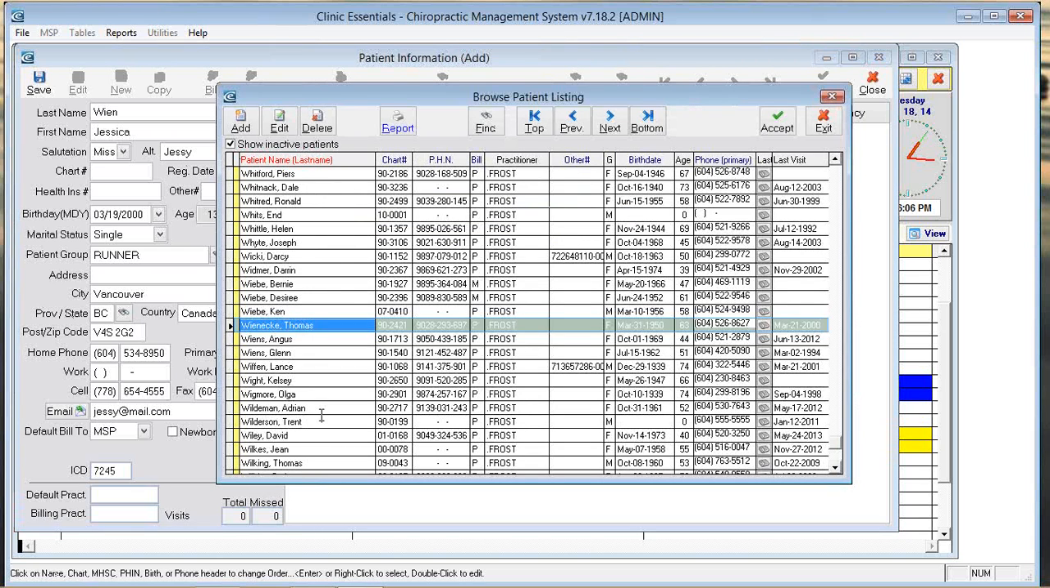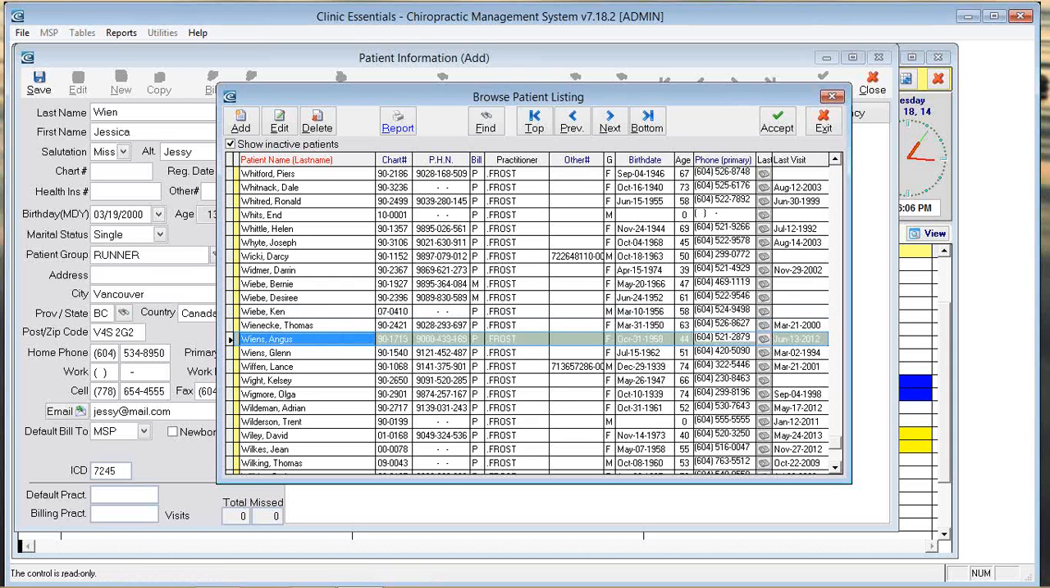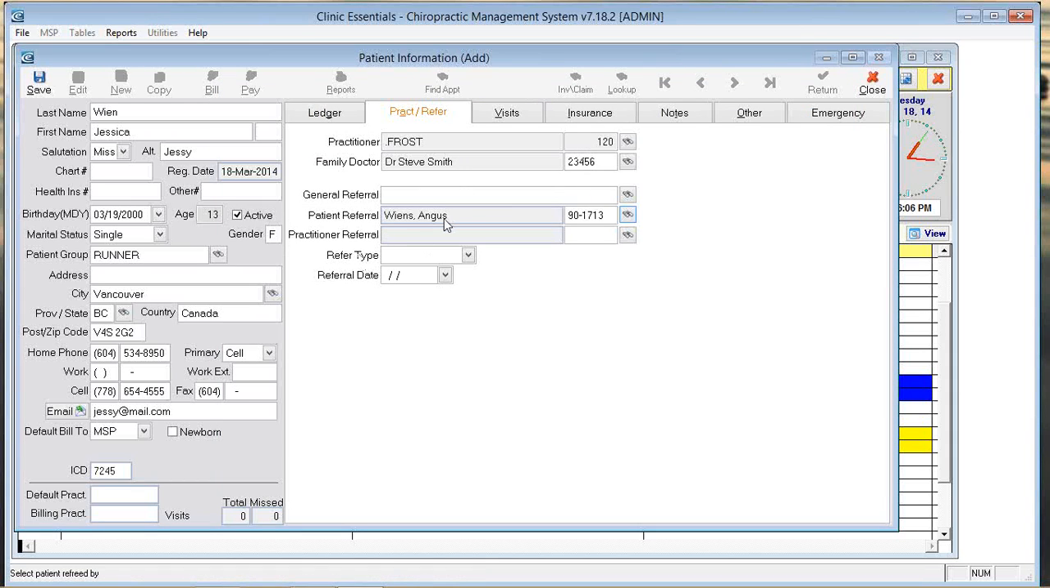It's in last name order, meaning that I can right now just type a last name. So I can look for another Ween in here and see if I have any other Weens. I don't. Oh, I got a Ween. So maybe Angus referred Jessica, so I can press enter on that, and that just tracks the fact that Angus